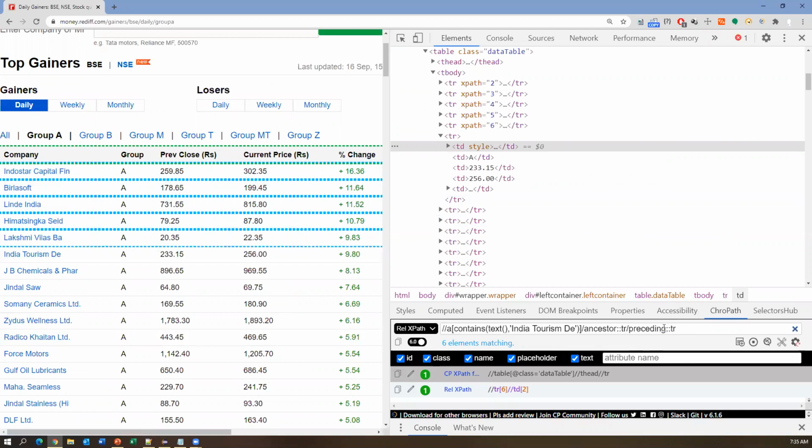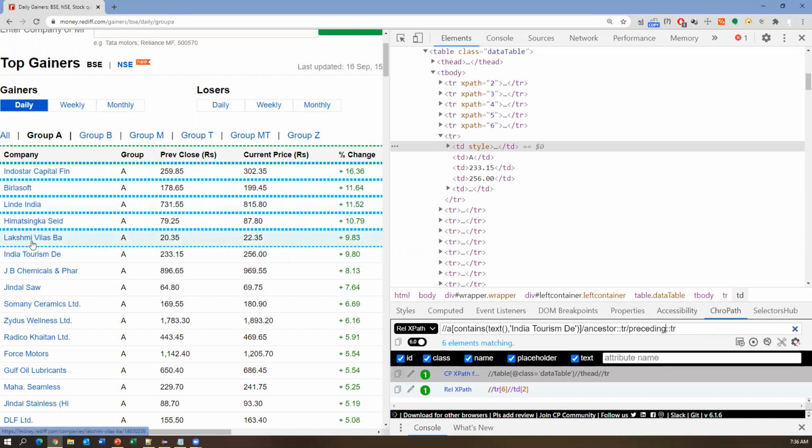Now when I say preceding hyphen sibling, we got only 5 elements. That means the header part is removed here, because preceding TR gave us everything including the header, which is also a preceding node of the current node.